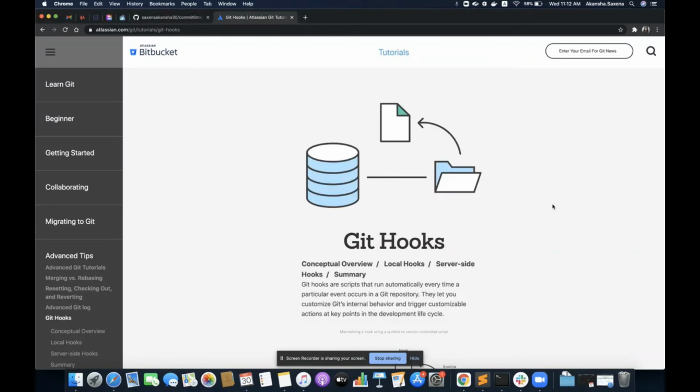Hello everyone. In this video we are going to learn about Git hooks. We will see what all types of Git hooks we have. We will learn and we will then create. So this is going to be a hands-on session. We will create a script and we'll see how custom scripts can be run on any Git command like git commit, git rebase and git pull. So let's jump on to creating that script.